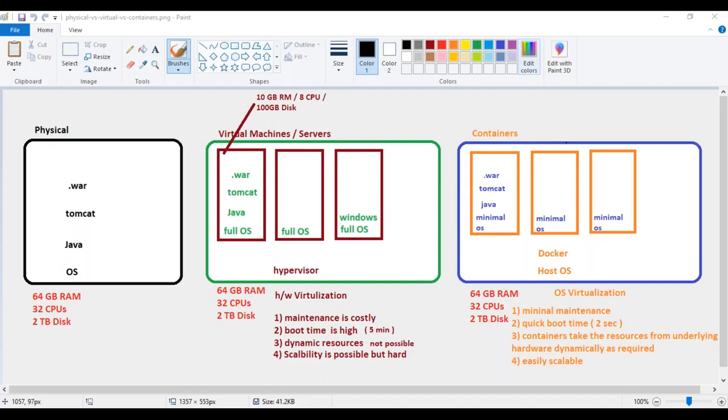Now that is where, team, we took out all such features from a full-blown operating system. Now we keep only the things which are required by your application, which actually are some kernel features only. Those are the libraries which are deployed inside your container operating system. Just the libraries which are required to run your application only. That is why it is very minimal, which means that there is nothing to initialize on the operating system side inside your containers. That is the reason we say that containers are lightweight.